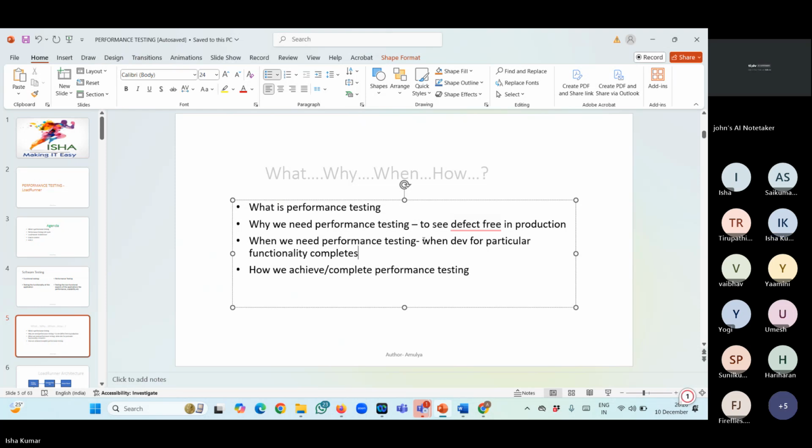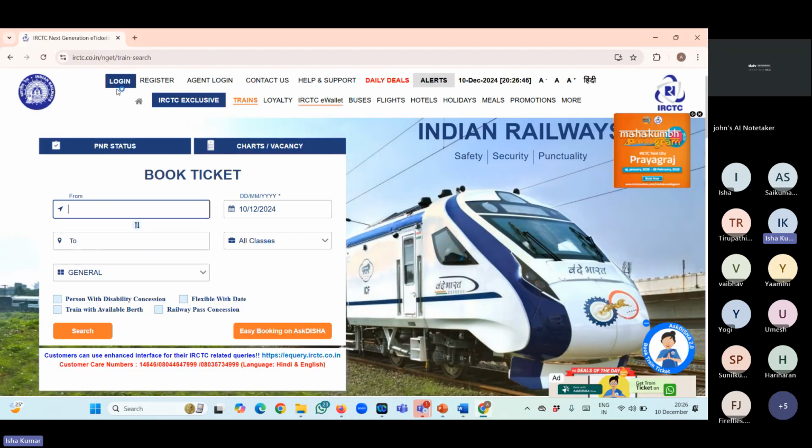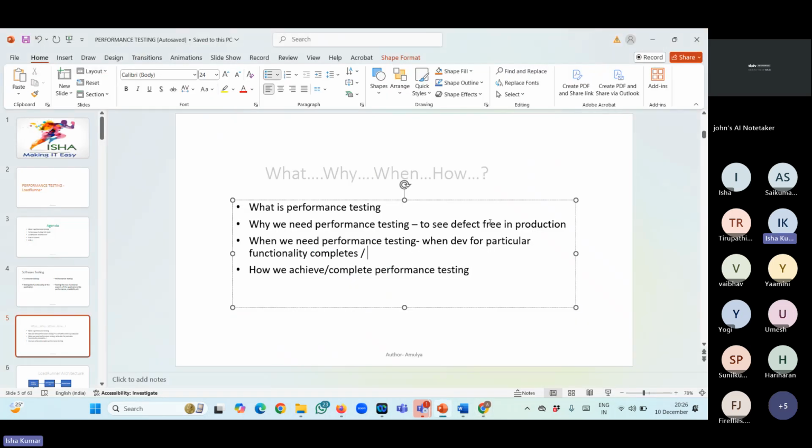Okay, and here comes the main thing. Whenever the developer says, hi Amulya, we are done with the login functionality and we are done with registration and we are good to go with performance testing activities, then I can't simply go and do the login script and also the registration script. Before going ahead with perf test activities, the application should be done with the